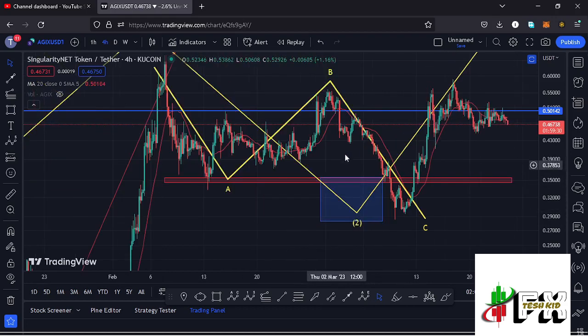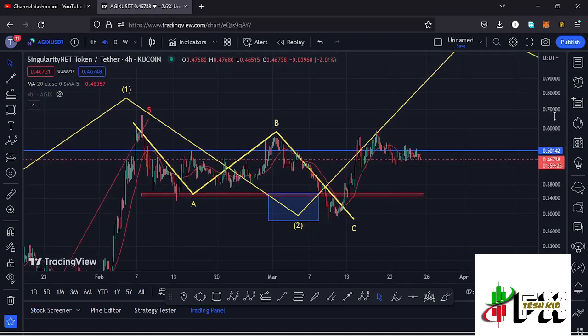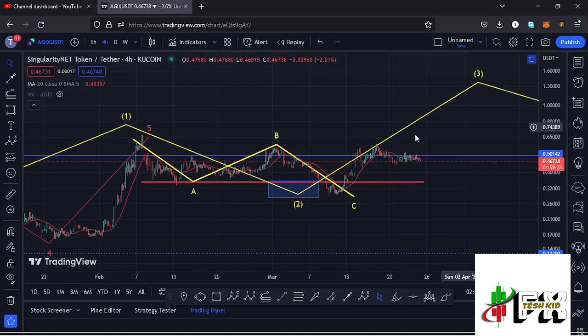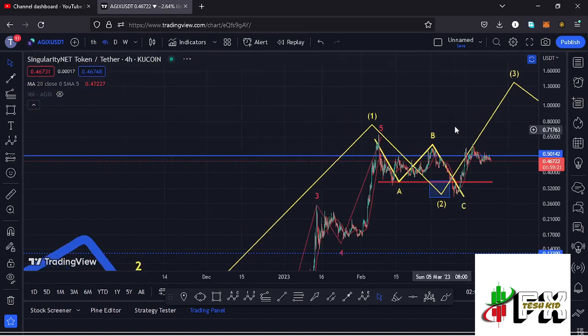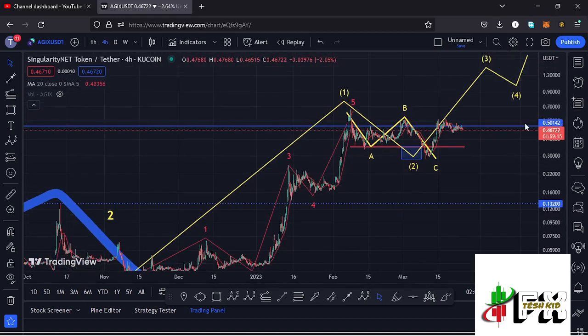And having managed to get into the minimum retracement area in the formation of that wave 2, I believe we have bottomed out in the formation of that wave 2, and whatever we are seeing at the moment is the start of a massive run up to the upper side in the formation of this wave 3, and all this is playing out after we fully peaked in the formation of a larger Elliot wave count 1,